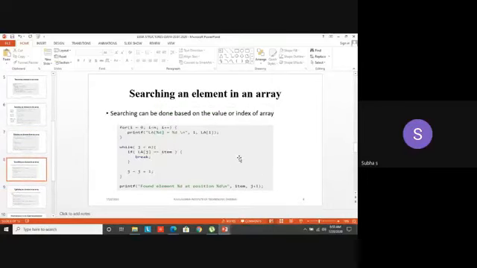Now, last 2 operations. Searching an element in an array. Similar to deletion. Searching can be done based either on the value or the index. Deletion also we can do by either giving the particular value or key. Normally we give the position. That is easy for the deletion operation. For insertion, 2 things are mandatory: which element to be inserted, and which position to be inserted. But for deletion, either you give the element or you give the position. Similarly, for searching also, you can give a particular element to be searched or the index. At that particular index, what element is there, that you can search.